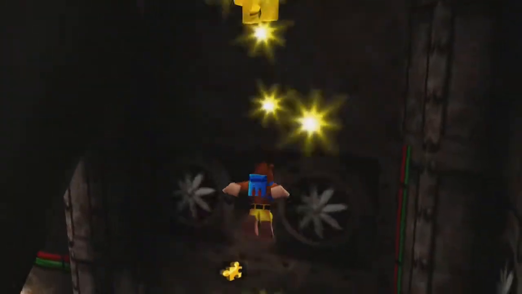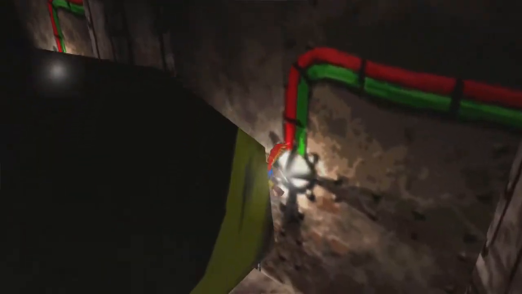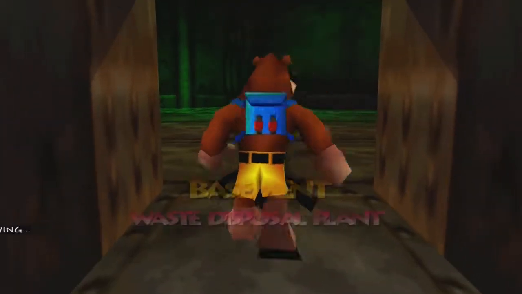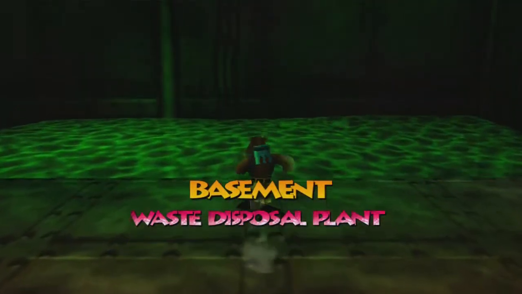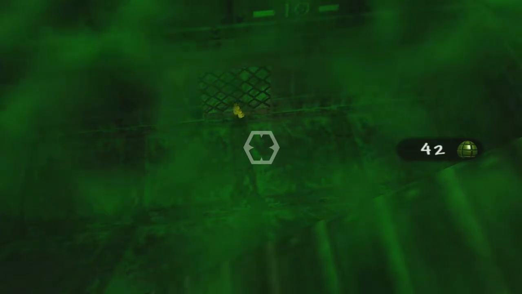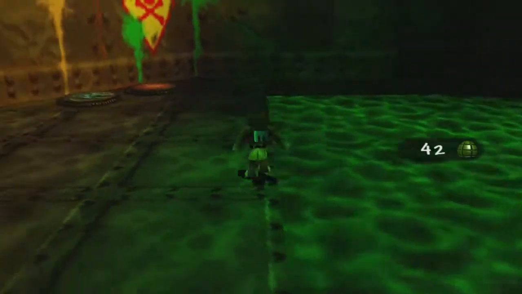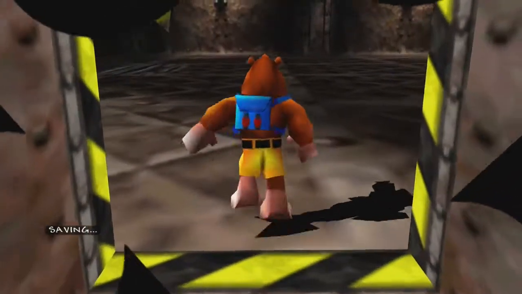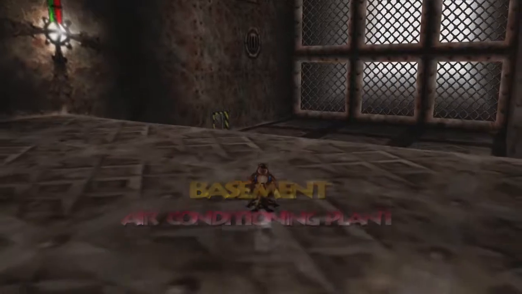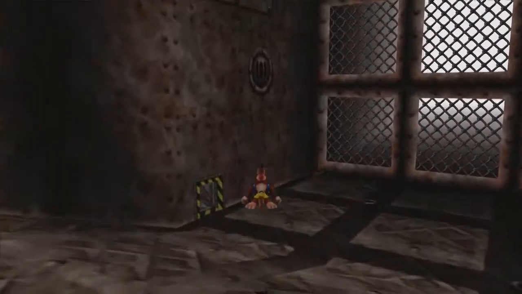60 Jiggies. And there's... I don't know if we could have come to this room beforehand. If we could have, I don't remember. But anyways, over here, we're in the waste disposal plant at another side of it. I believe there's a split-up pad there, yes. And there's a Jiggy down there. We cannot get that. We need to backtrack for that. Fortunately, it's only after the next world that we can backtrack to this one, so... Yeah, minor inconveniences, I know, but...